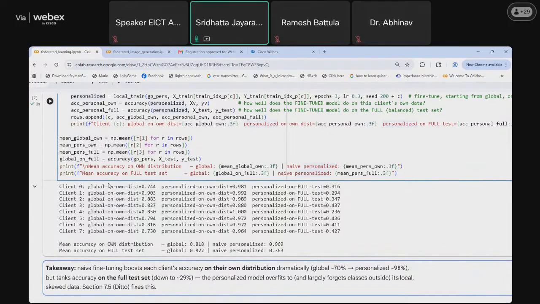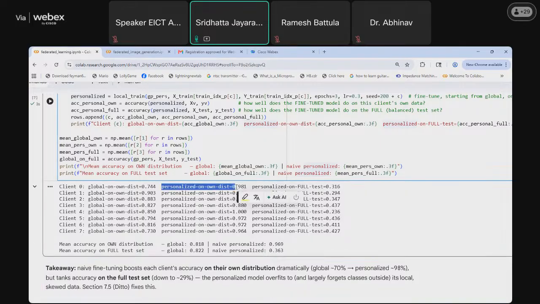So after performing the fine tuning on its own validation set, the accuracy was 98.1%, while this particular model of client zero, the personalized model, had only 31.6% on the global test data.